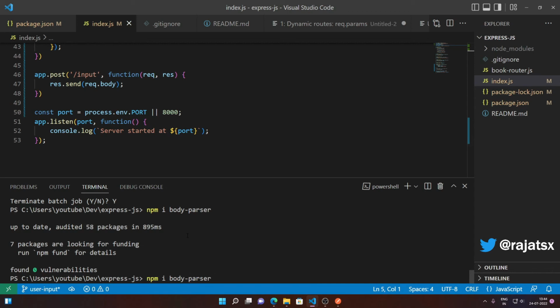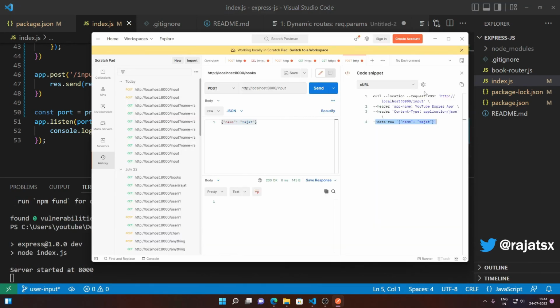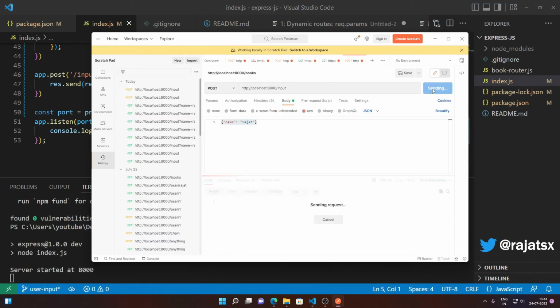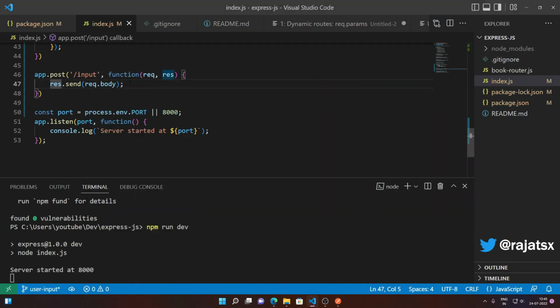Okay, so let's quickly start our server and let's see whether it works. Let's close this as well and send this thing, and now we have gotten our data inside req.body. So this way we can accept arbitrary data conveniently in Express. So we have covered all four major ways of getting user data, and you can use any of these methods depending upon your requirement in order to get data from the user